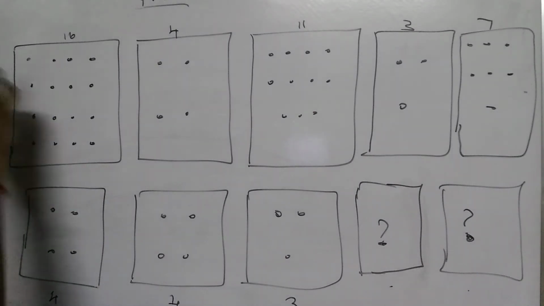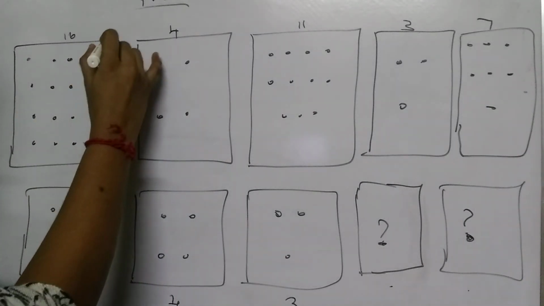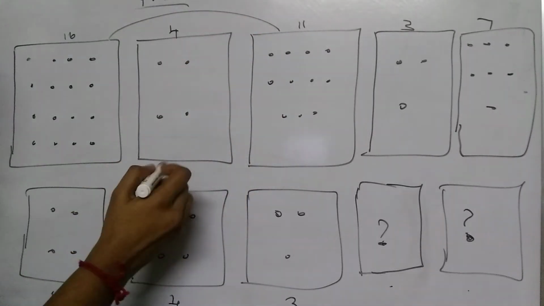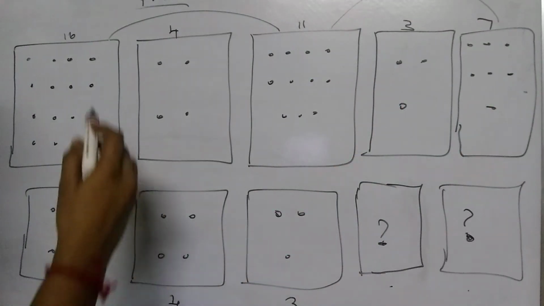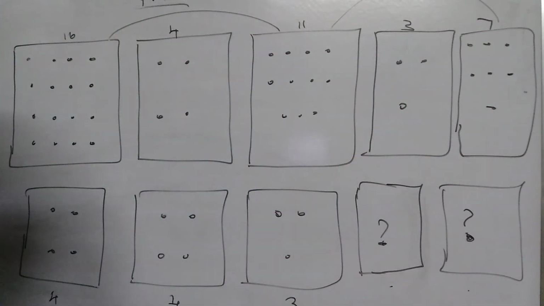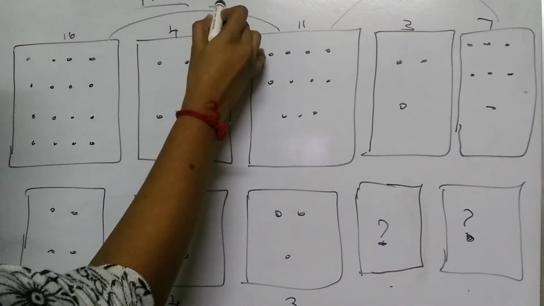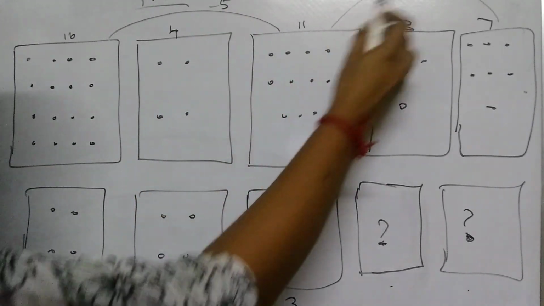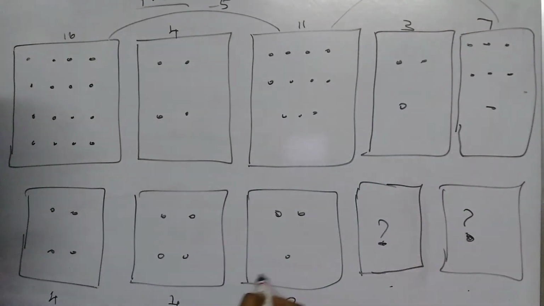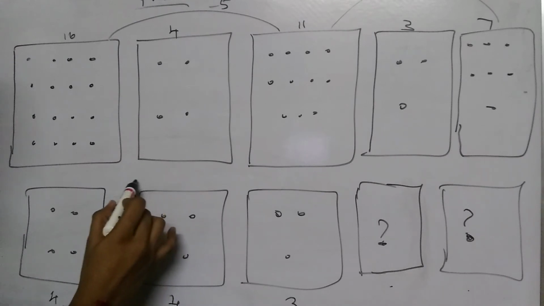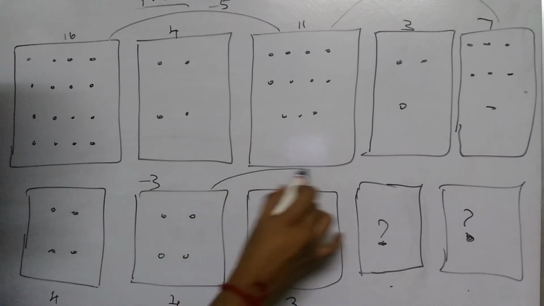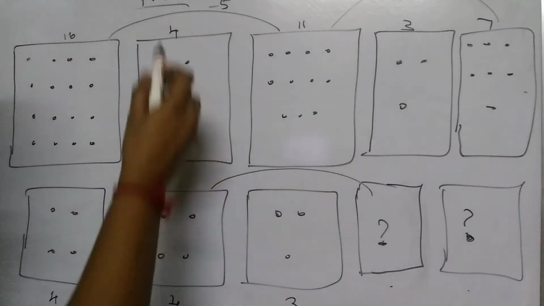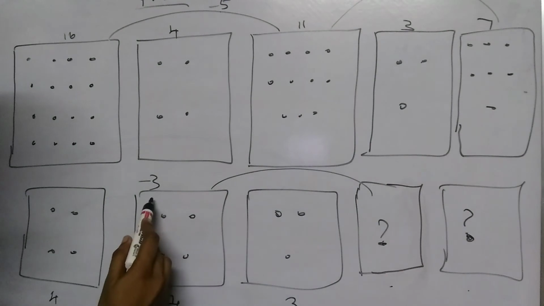See that one, 16 here, and the next box number is 11. Leave one box, the next box has 11. Again the next box has 7. That means how much is reduced from 16 to 11? 5 is reduced, minus 5. Again from that 11 it is reduced to 7. That means minus 4. Again from 7, leave this box and coming to this 4, what is this? 3 reduced. Minus 3 is reduced here. Again from 3, look into the next box, leave one box. See, 5 subtracted, 4 subtracted, 3 subtracted, you got it.